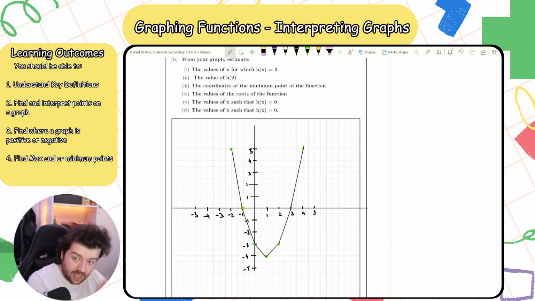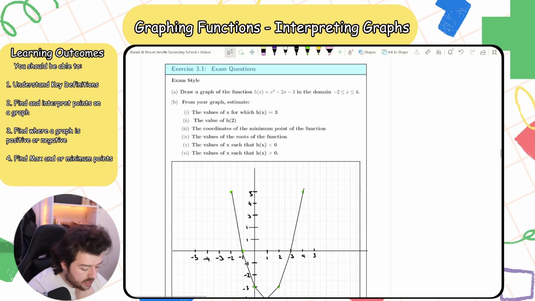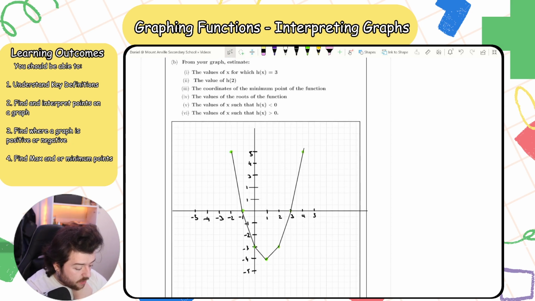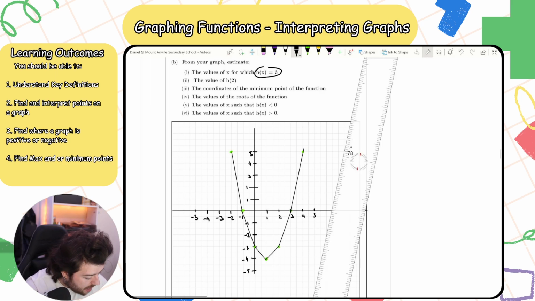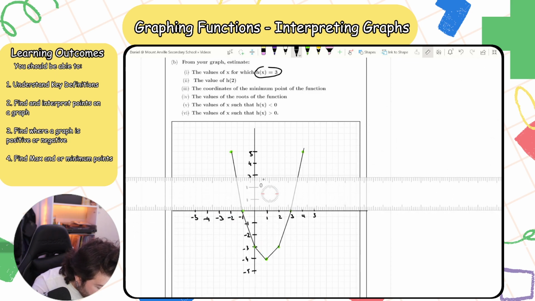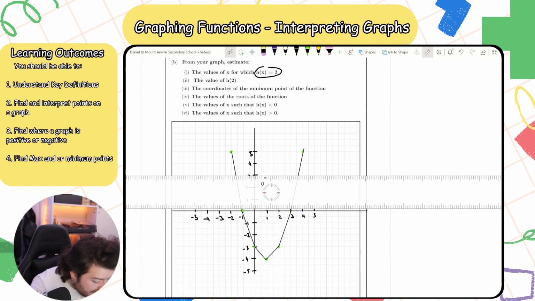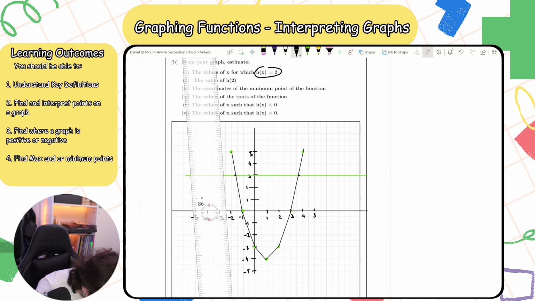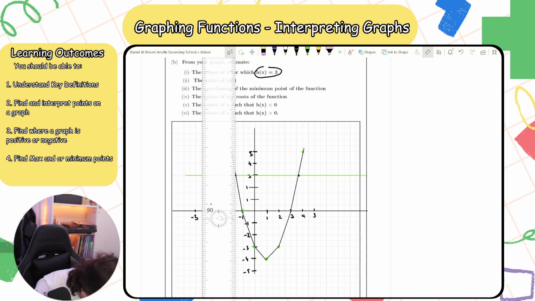Find the values of x for which h of x equals 3. So when h of x equals 3, I'm given a y value. So I go to 3 on my y-axis, because h of x is another way of saying y. I go across, and it reaches this point and that point. So if I go down and read them,